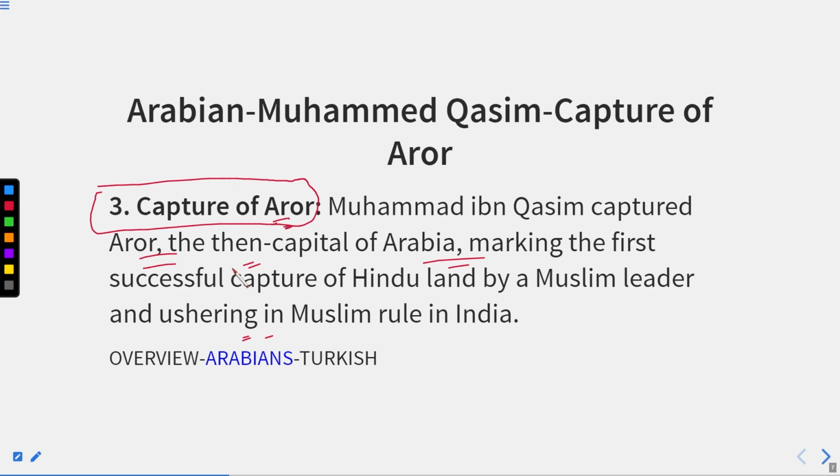Okay, Arur nowadays lies in the northwestern frontiers of Pakistan and Afghanistan. Arur was captured by them, and thereafter they made it the capital. Alright, and this basically marks the first successful capturing of Hindu land by the Muslim leaders. Okay, and this leads to Muslim preaching in the Indian subcontinent. Alright, thereafter